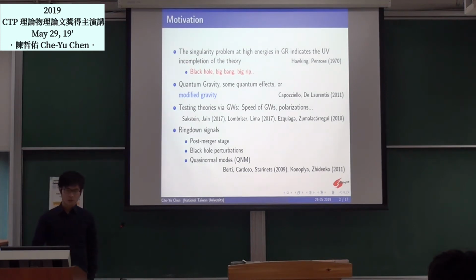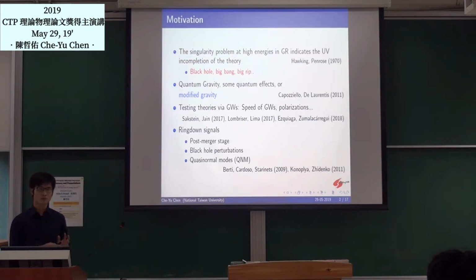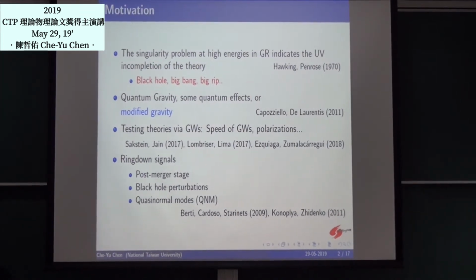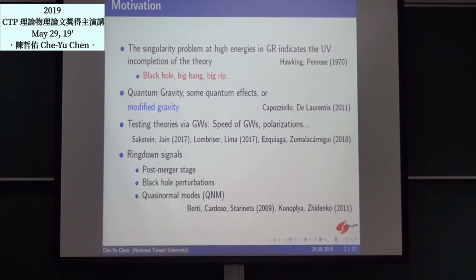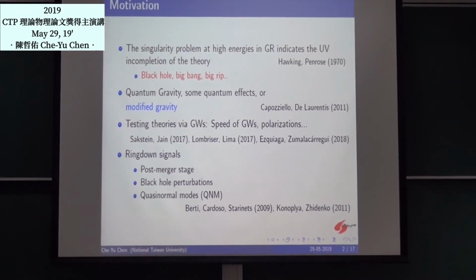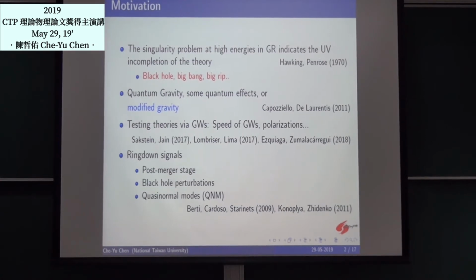So effectively, we may consider some kinds of modified gravity theories in such a way that we correct the original Einstein-Hilbert action a little bit, such that the new theory can resolve the original problems in Einstein gravity. And in the low curvature limits, these theories have a nice behavior. They reduce to general relativity. That's our expectation. But you can imagine that in such a way, we may have a large number of these modified gravity theories. So the problem is, how do we test them and how do we even falsify these theories?